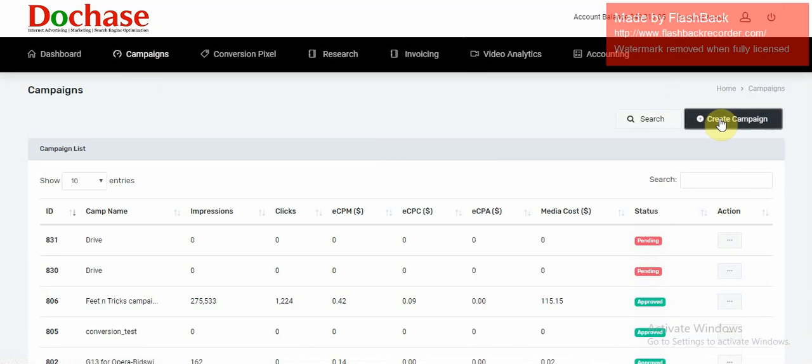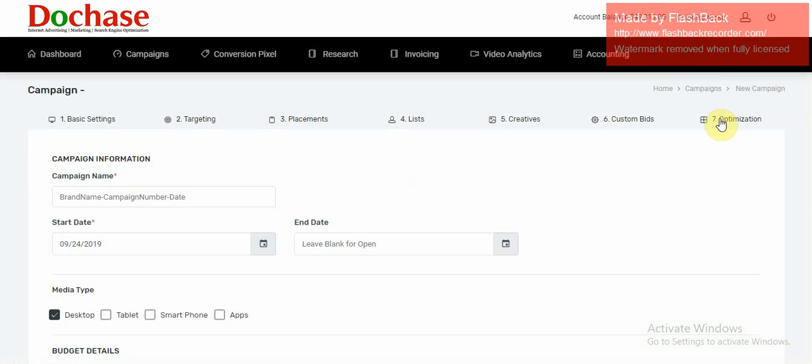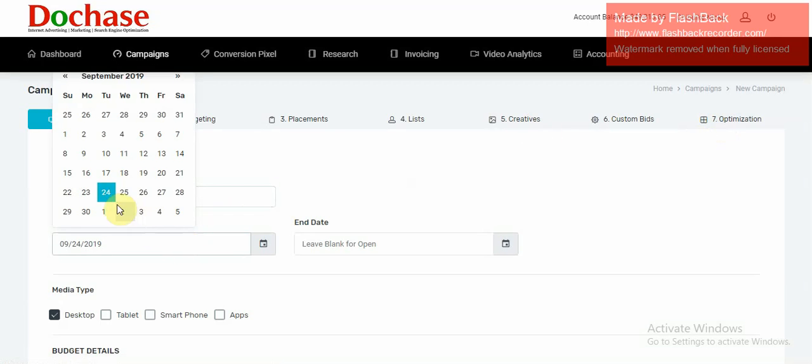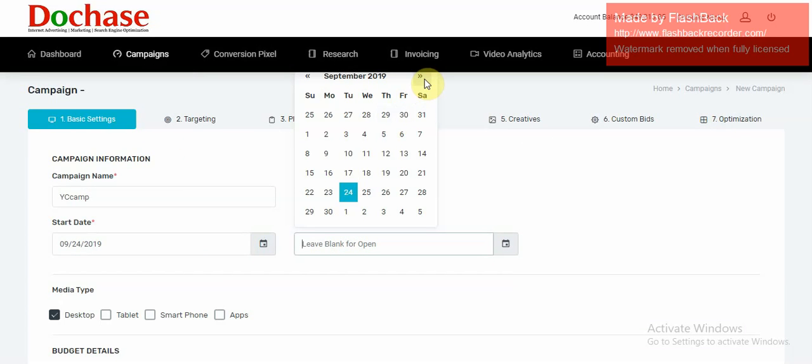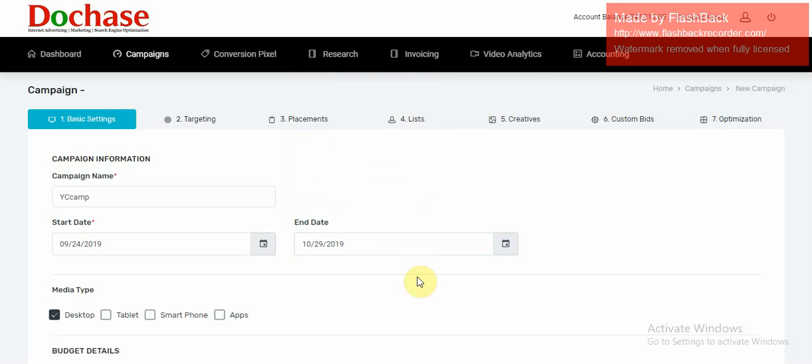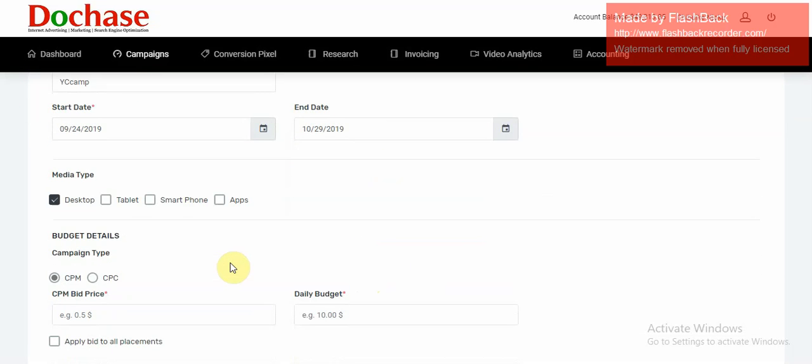So when you create campaigns, of course you already know the kind of customers you are looking for, and before then we've provided the data that you're going to use to understand the kind of market you are targeting and the kind of people that are supposed to be your customers. And you give it a campaign name. Let's give it YC Camp, and it's supposed to start on 24th of September, and it's supposed to end, let's say, on 29th of October. And then you could select desktop, tablet,